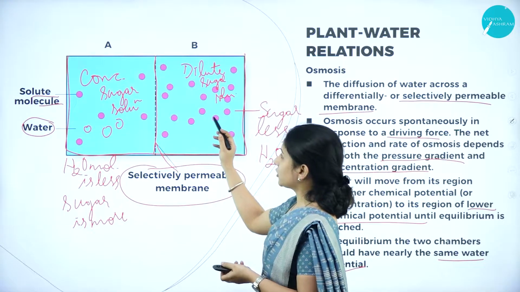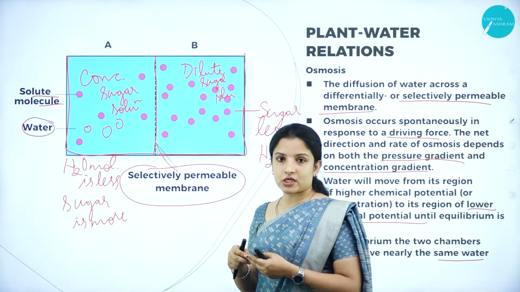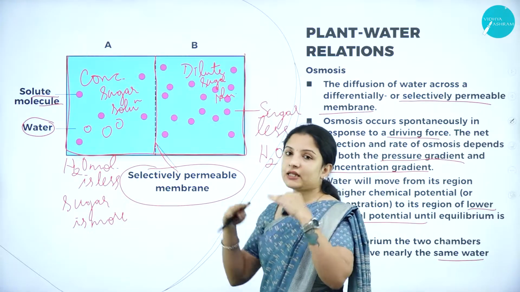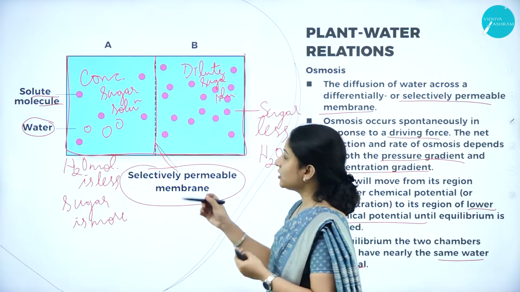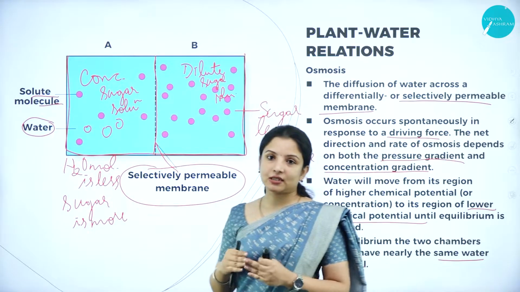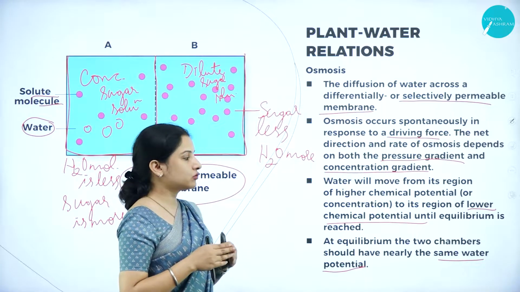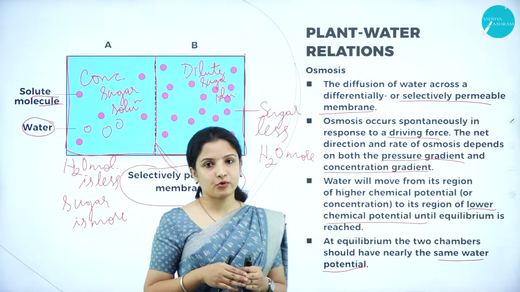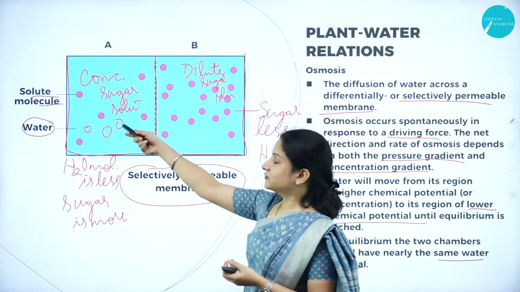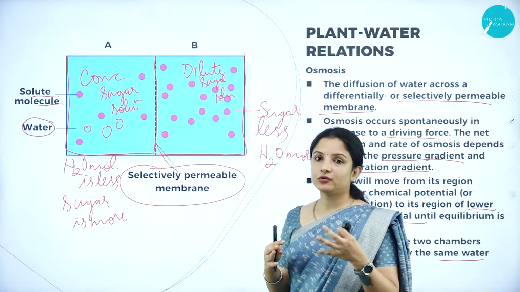So here these water molecules will start moving towards the region of lower concentration wherein the water molecules are low. Up till when will it move? It will move up till an equilibrium is attained, up till both of these have the same amount of water molecules. So that is nothing but the osmosis process. So in osmosis, at equilibrium, the two chambers should have the same water potential. Now the water potential here as well as here will be the same, because if here there is, say for example, 10 water molecules, here also 10 water molecules will be there. So that is about water potential.